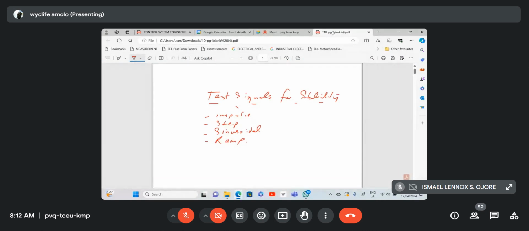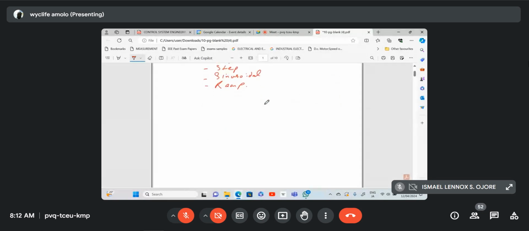When we are testing on stability, you're expected to, we have a transfer function of some values over some values. And so the output with respect to the reference will give you some values here. And